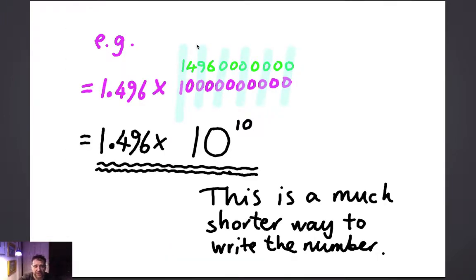And here's how I set it out. I started off with the number 14960000000, and then I thought of a number between 1 and 10 that used the same digits. So 1496, my number was 1.496. That's a number between 1 and 10. And I multiplied that by a number that was a 1 with lots of zeros. Very importantly, I wrote that number that was a 1 with lots of zeros directly underneath the number I